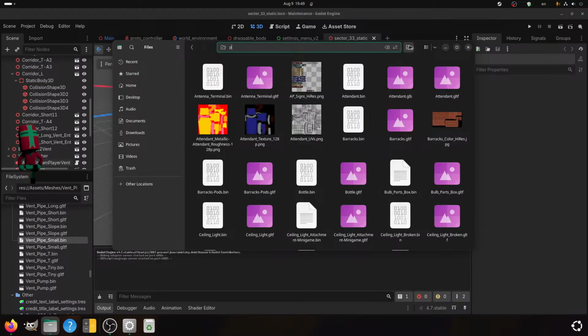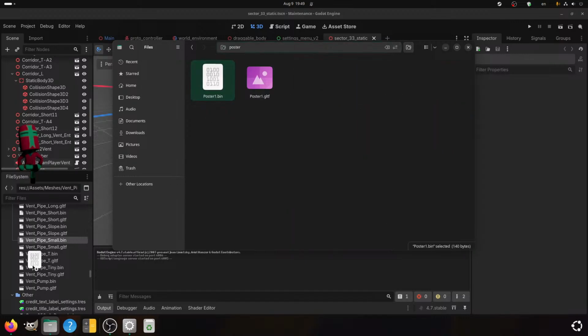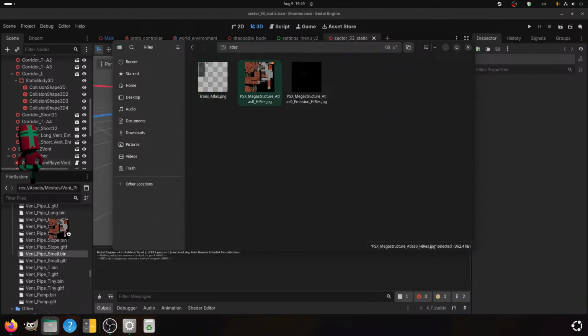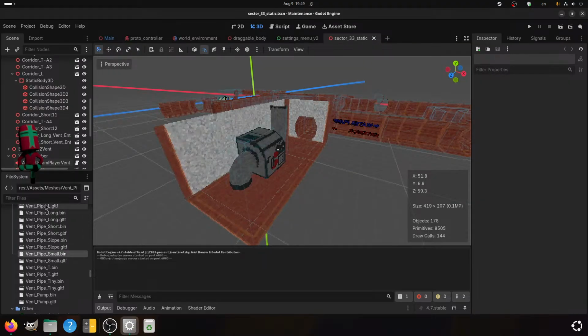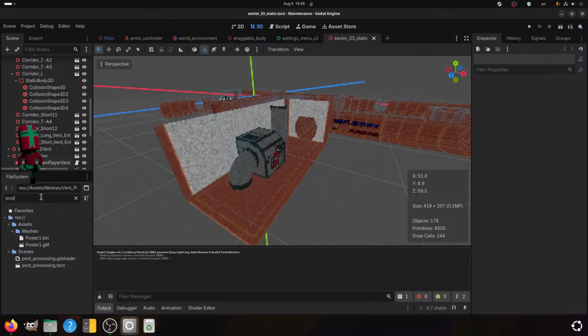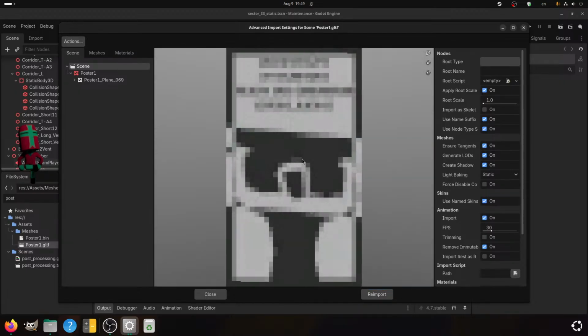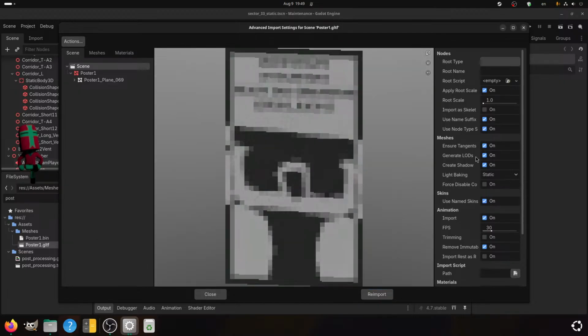What did I want? The poster. That's right, the poster. And the atlas. The updated atlas. And now the poster is in here. Yep. It looks exactly as I'd expect.